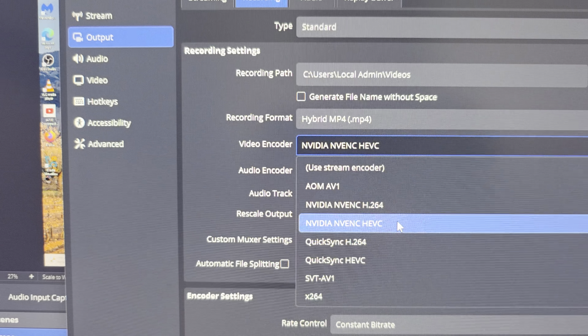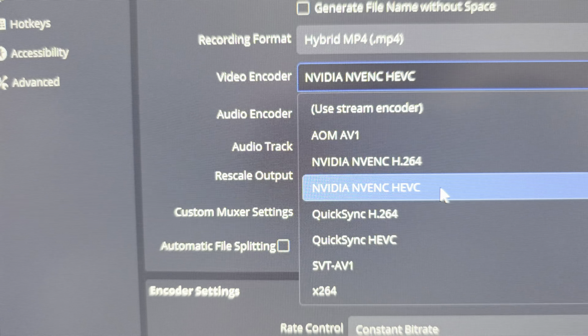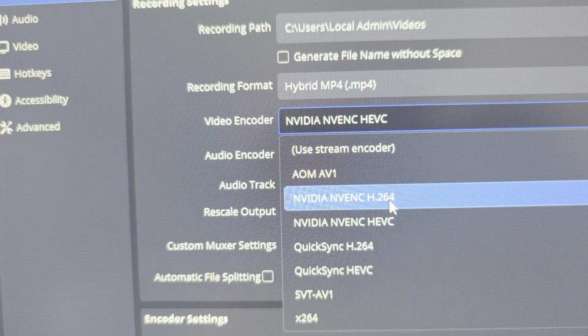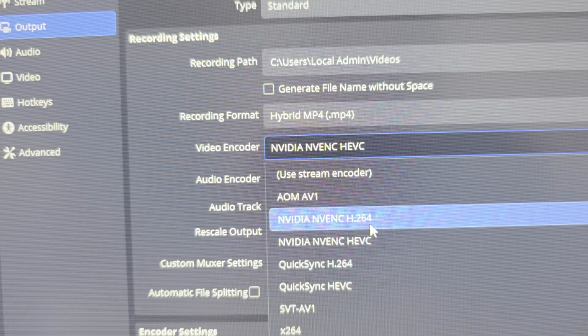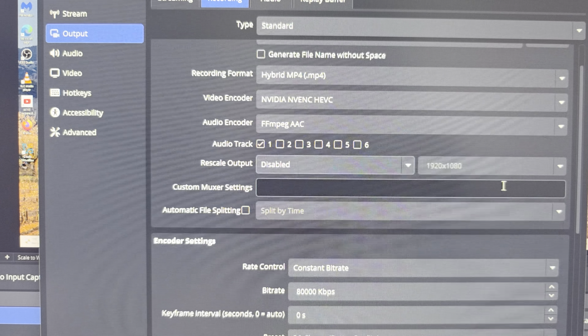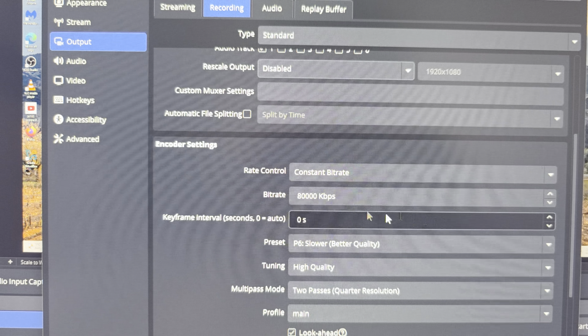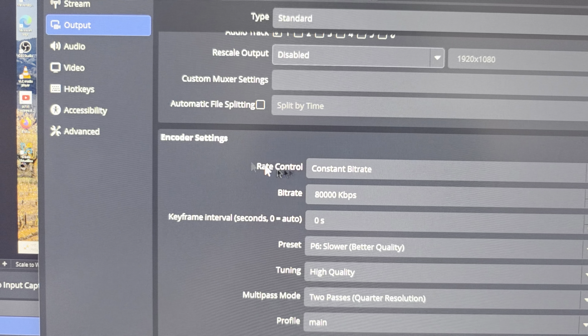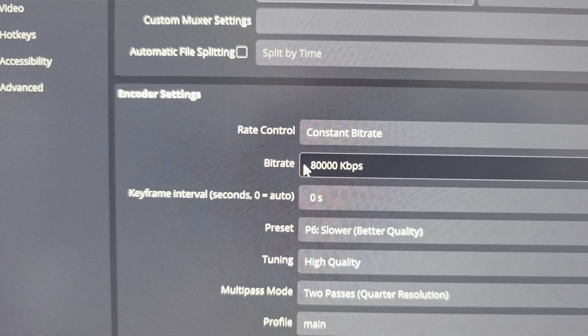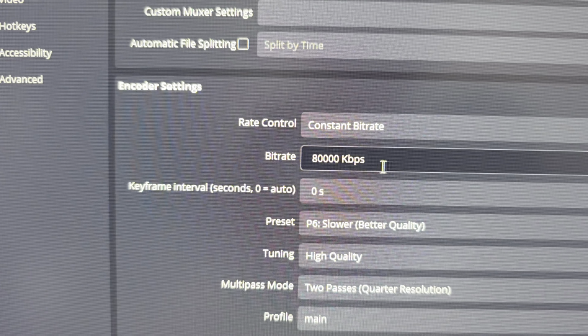So select this video encoder, NVIDIA HEVC if you have that, otherwise choose H.264. Then we go down and you want to change your encoder settings such as rate control, constant bitrate, set bitrate to 80,000